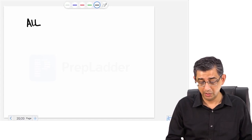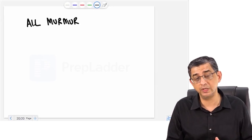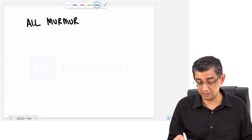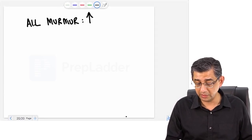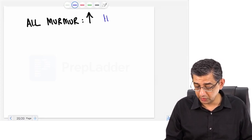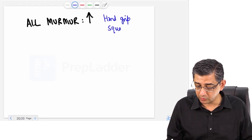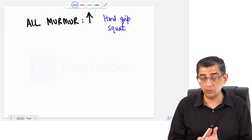That is hand grip. So I want you to remember that when you make a person squat or do hand grip, the peripheral resistance also increases and venous return to the heart also increases. I'm saying all murmurs will increase with respect to you either doing a hand grip in the patient, or if he's fit enough you can definitely make him squat, because the advantage of squat will be now two things will